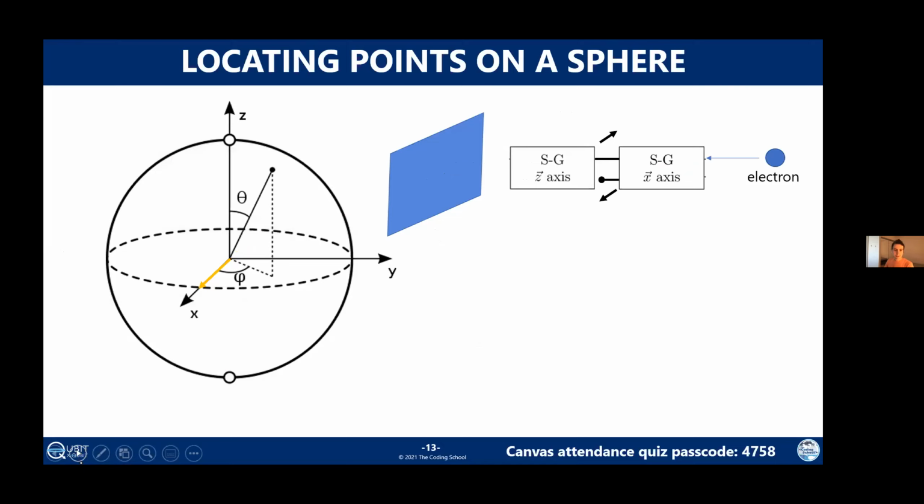Okay, so let's think about one of the homework problems that appeared in the Stern-Gerlach section. What we did is we had an electron first go through the x-axis measurement and then go through a z-axis measurement. What we're doing here is we're going to keep all of the electrons that are spin right and discard,